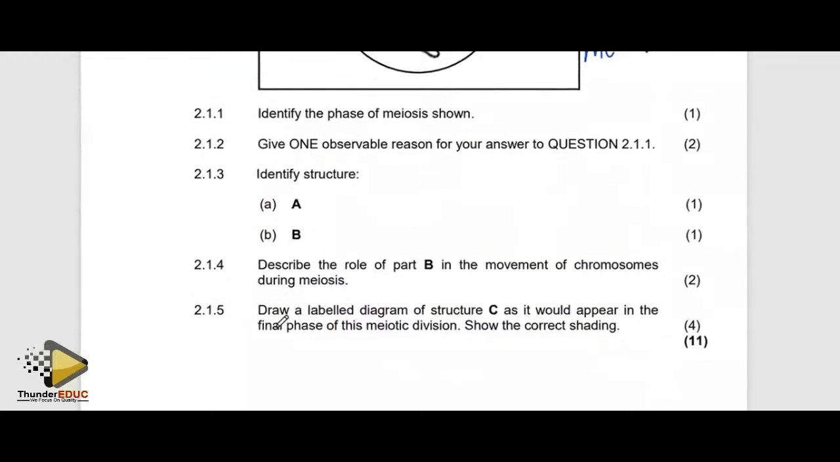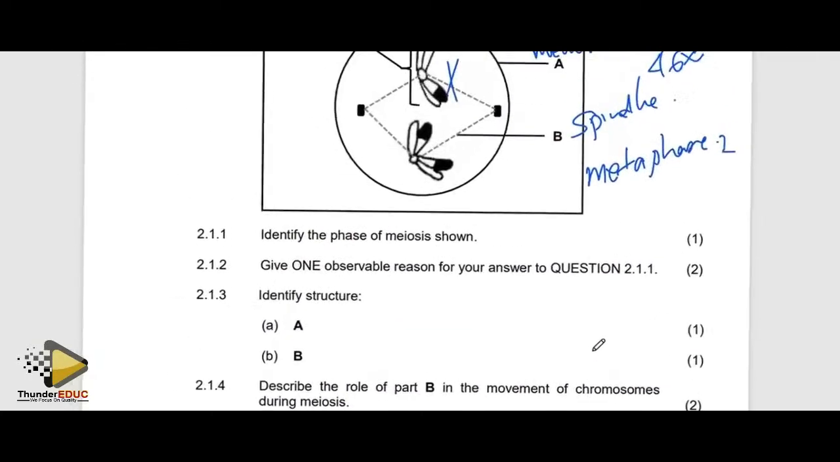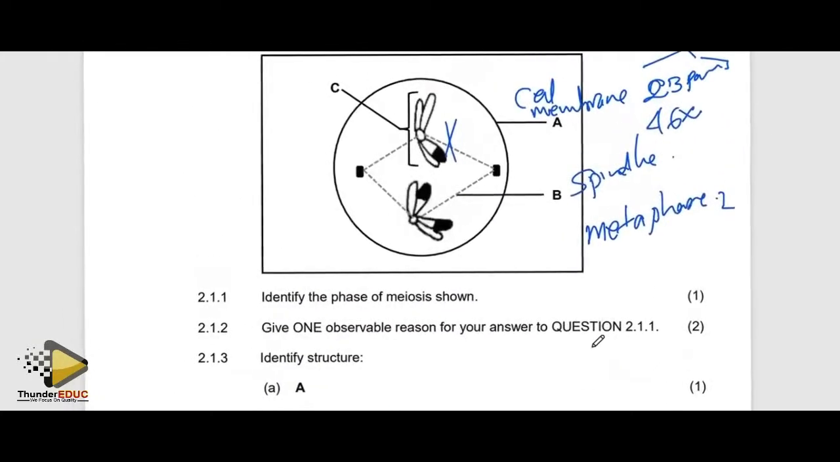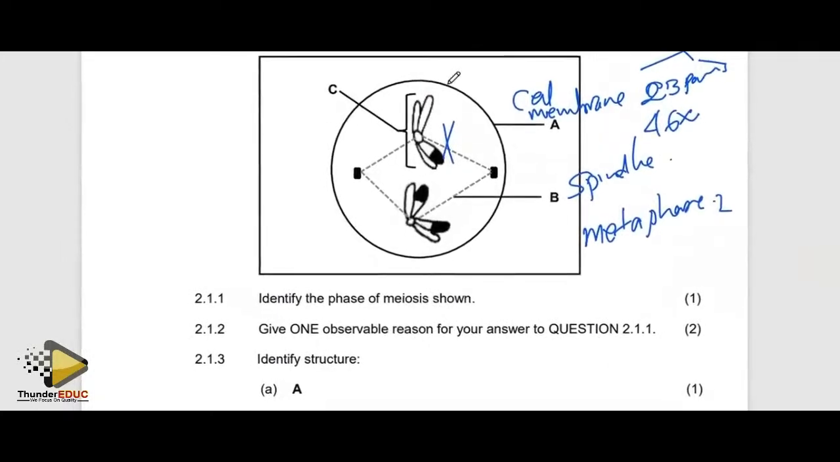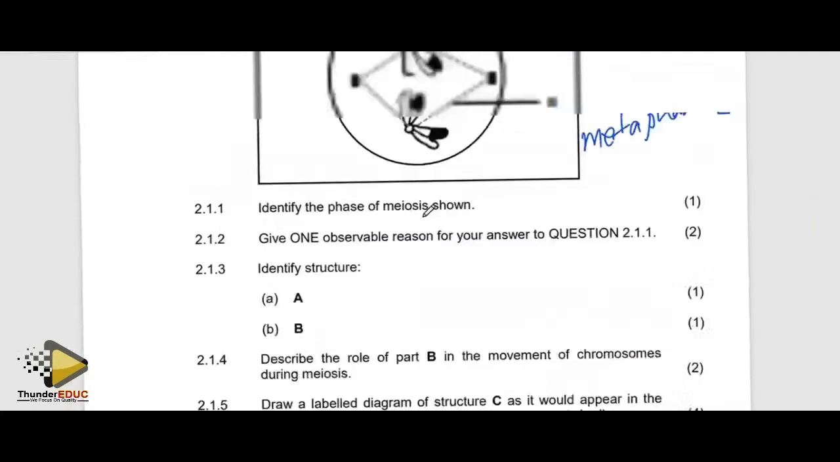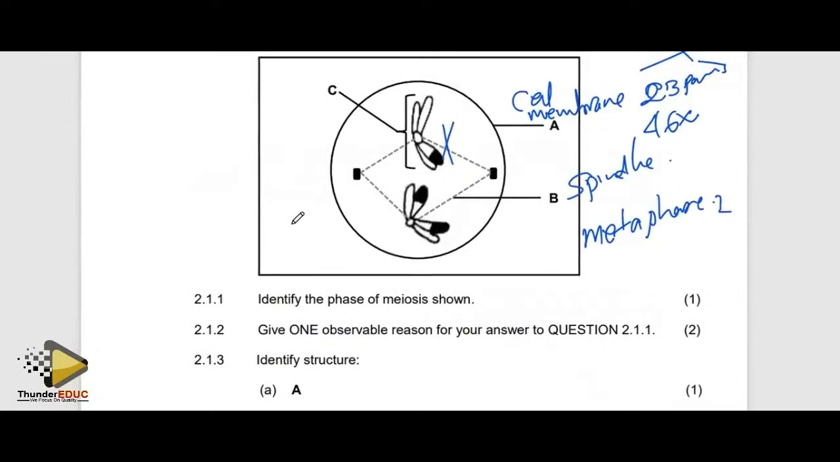Then another question is saying, draw a labelled diagram of the structure C that would appear in the final phase of this mitotic division. Show the correct shading of C. So where is C? Remember, this is going to split. It is a chromosome. So if it splits,